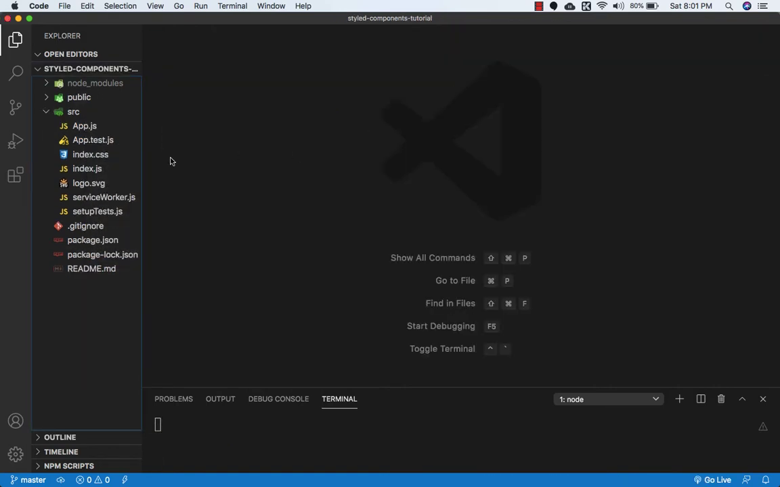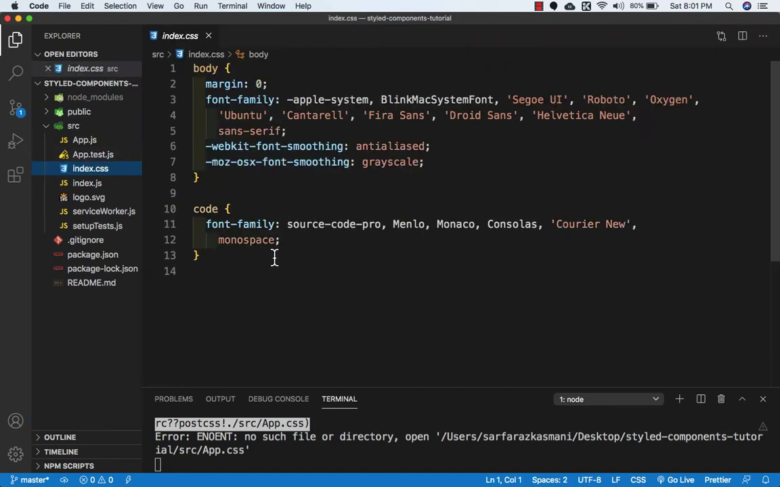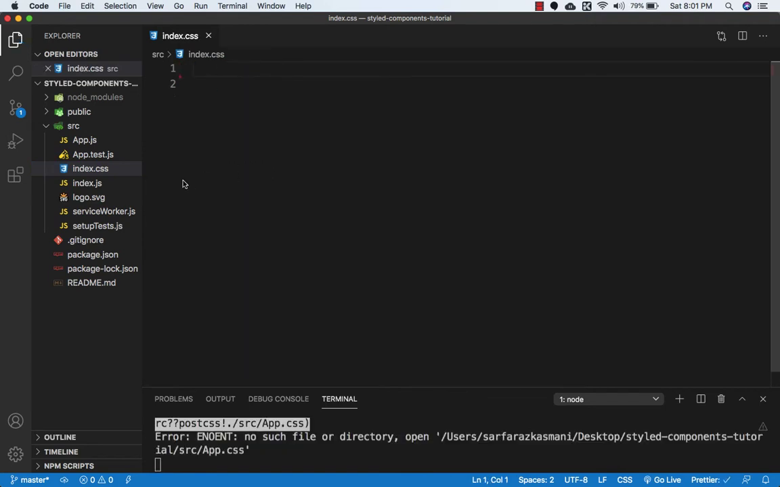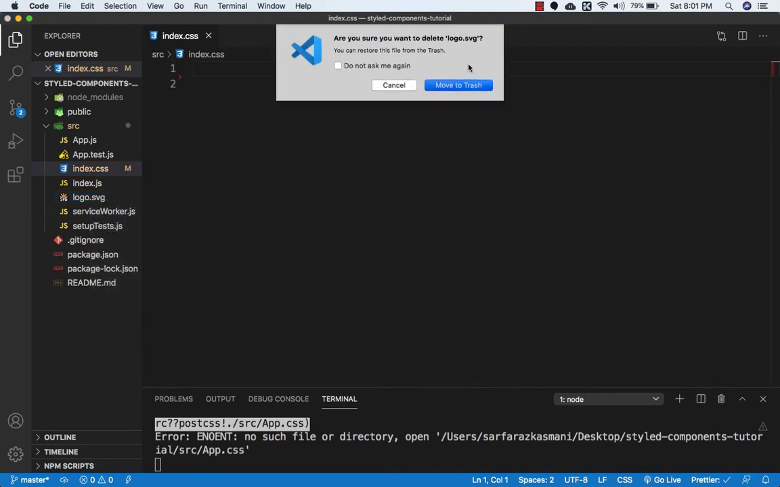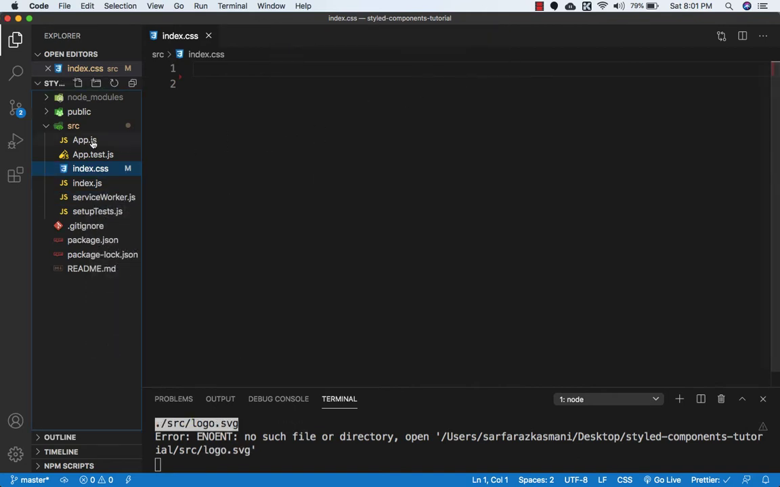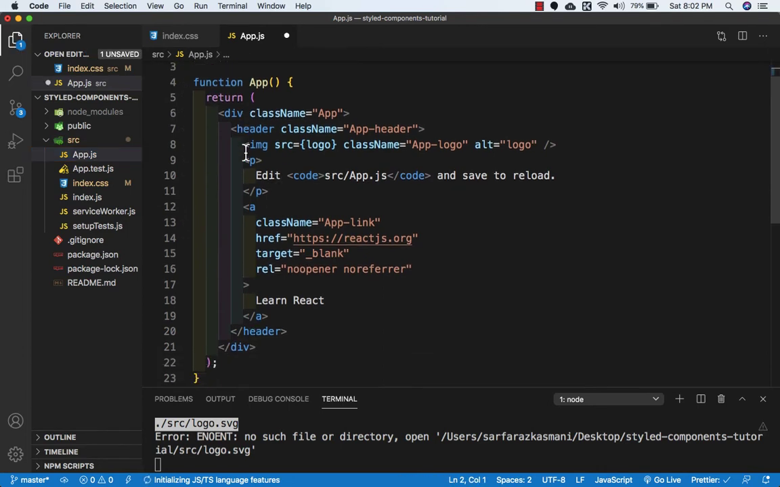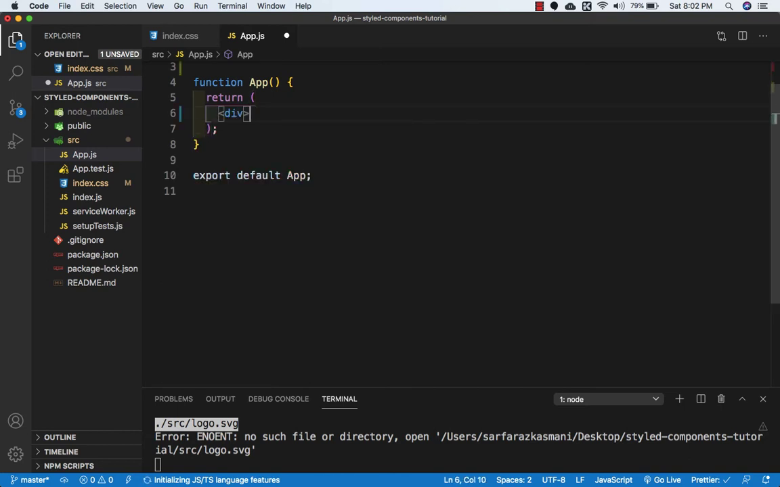So move to trash. Then if we go to index.css, this code is not required. So I'll delete this and I'll save this file. Now logo.svg, this also I don't require, so let's delete this. And then we need to go to app.js, and these two lines we don't require because we have deleted the file. And let's remove this div, and I'll simply return a div which says hello